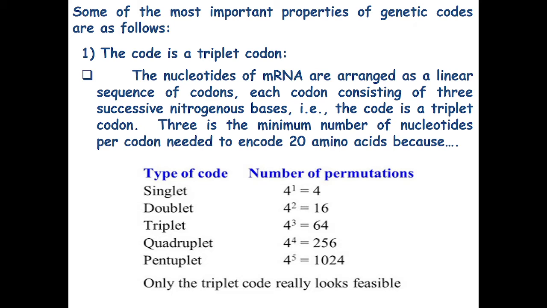So this is the adequate amount of codons, more than the amino acids. So we can code 20 amino acids by using the 64 codons. With quadruplet codons, we can form 256 combinations, and similarly for pentaplet codons. Now, why are the codons triplet? Because we have 20 amino acids to code, so we need at least 20 or more codons, and this condition is satisfied by the triplet nature of the codon.